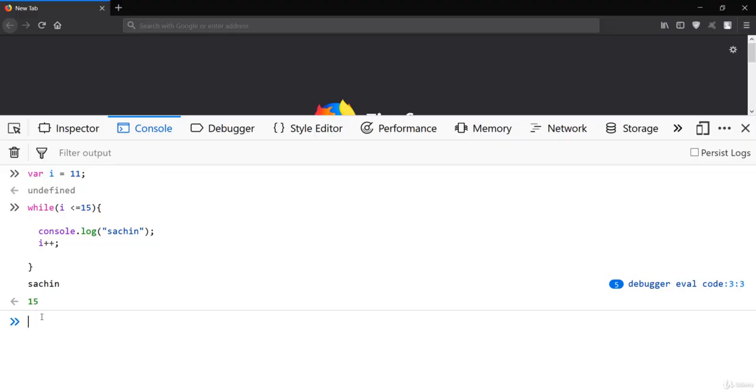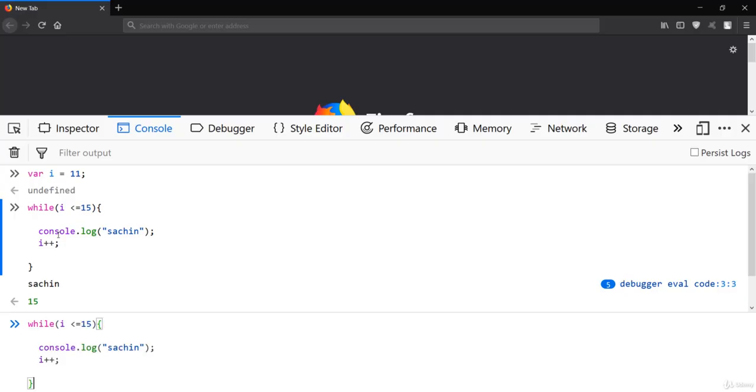The JavaScript do while loop iterates an infinite number of times like the while loop, but the code is executed at least once whether the condition is true or false. If you see over here, we made use of this while loop. What if I make use of a condition like variable I should be 20, and run this code again?